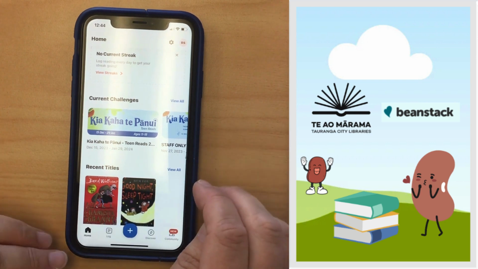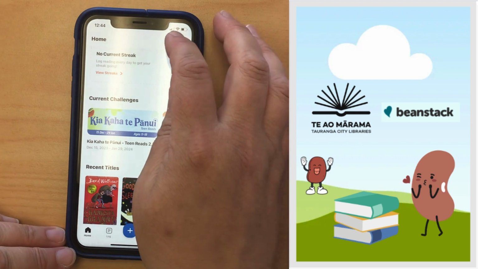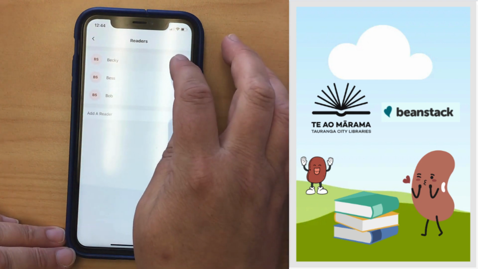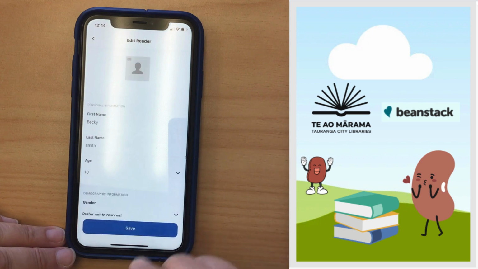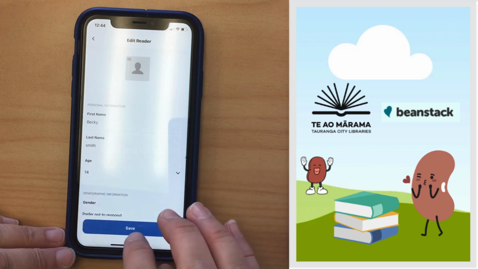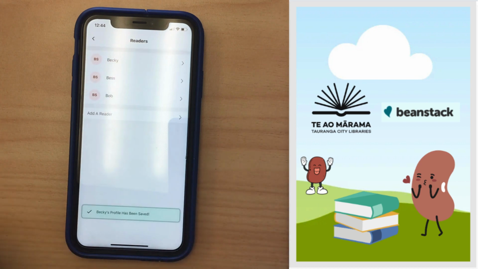To do that, you go into the app and go into Readers and then choose your reader. And down here 13, but she's actually already had her birthday, so I'm going to change that to 14. Save. And that just means that the correct challenges will be showing, especially for those kids that were 10 and